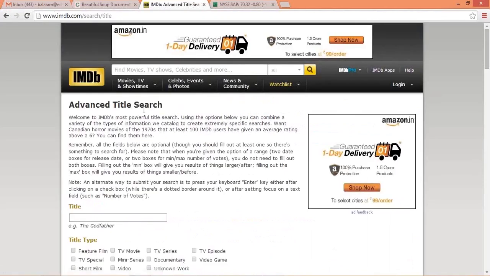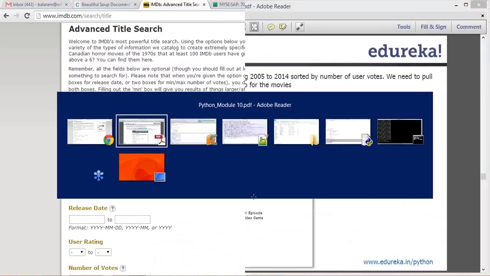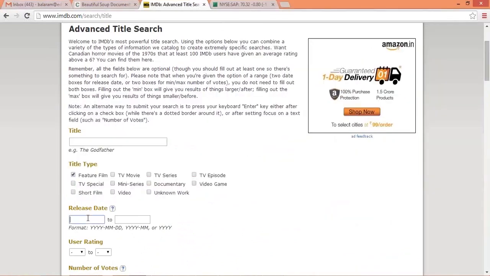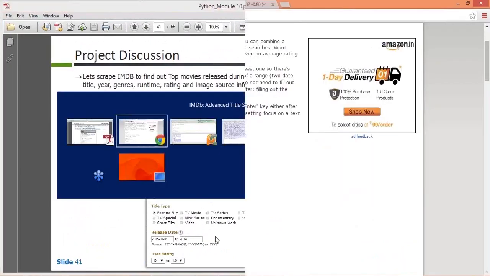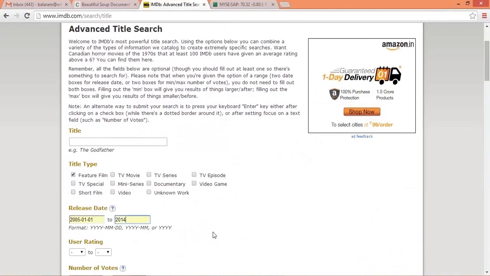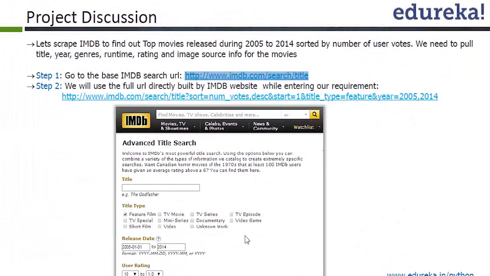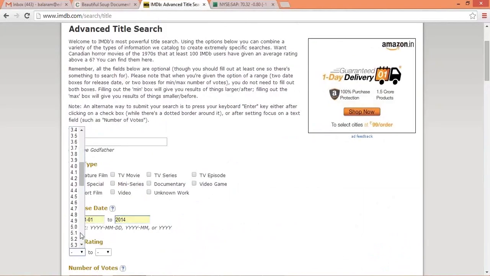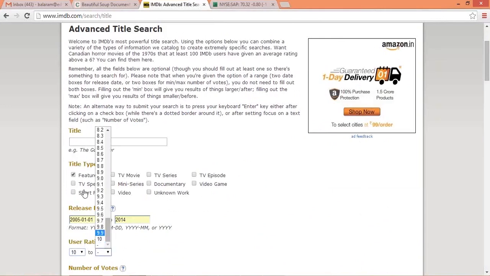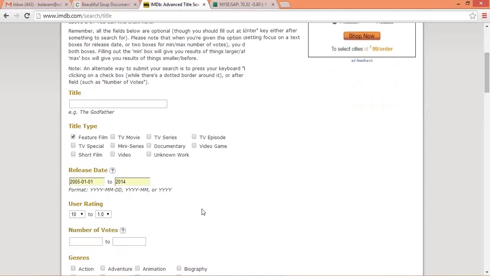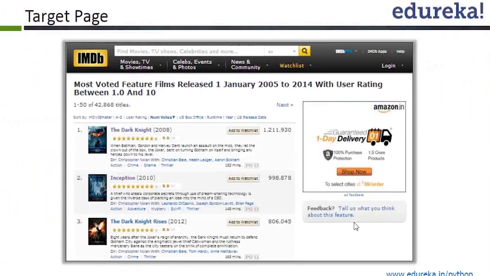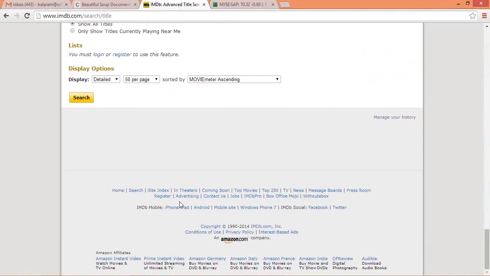Okay. So basically, I go to imdb.com and I'm trying to search a movie. Now, here I say feature film. Okay, good. And I say 2005 to 2014. Okay, user rating between 1 and 10. I think it should be good. And when I say search,